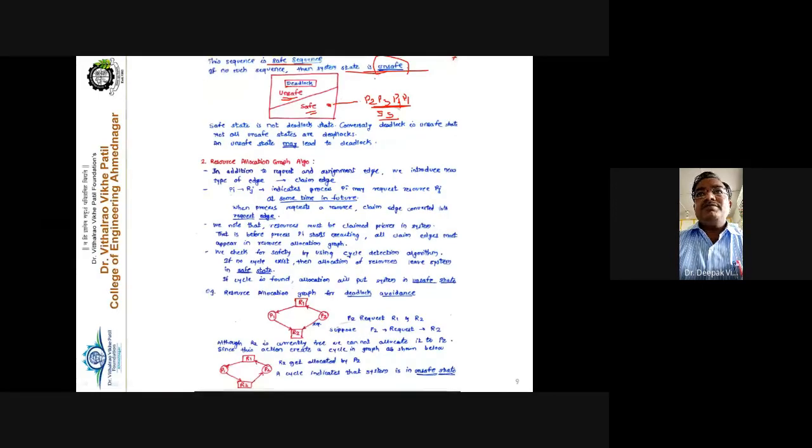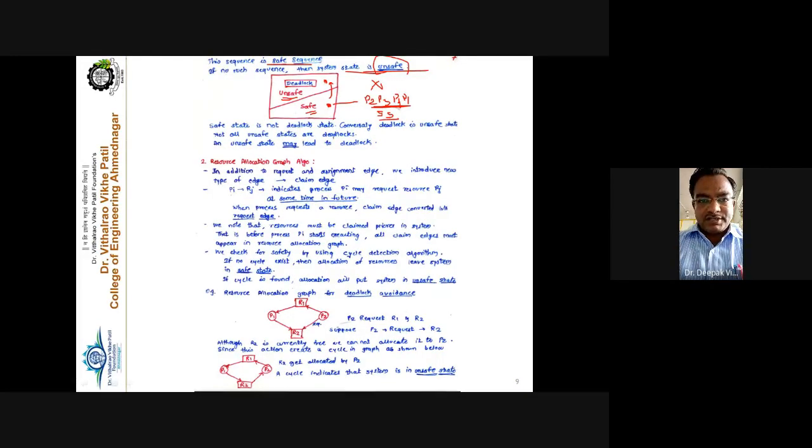This is the way. But if there is no safe sequence of the process execution, then this system state may lead toward the unsafe state. The system state, when it is earlier here, now changes its state and goes to here, and it leads to the unsafe state. Unsafe state means it is a dangerous zone. We can say that it will move towards this particular unsafe state.